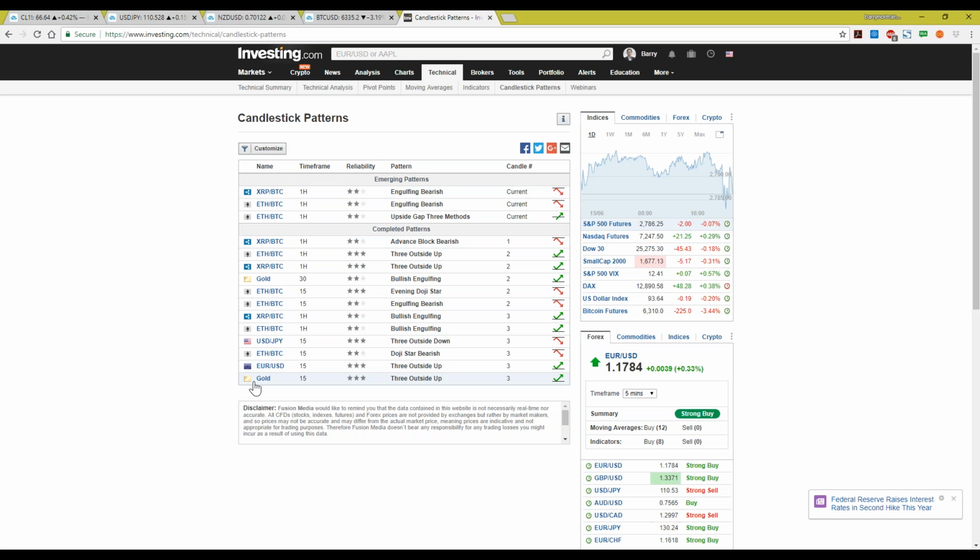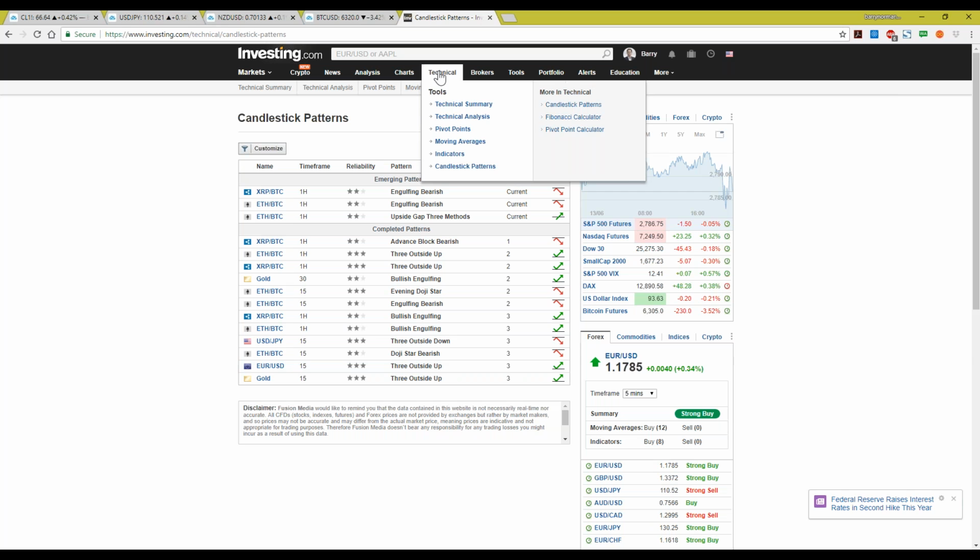And we can see that a couple hours, 45 minutes ago, we had a 3 outside up in gold, and in the euro US dollar. So these are 3 level patterns, okay? And it's telling us exactly what we want to do, and we can then go locate them on our charts. Not so difficult there. The other way we can do it